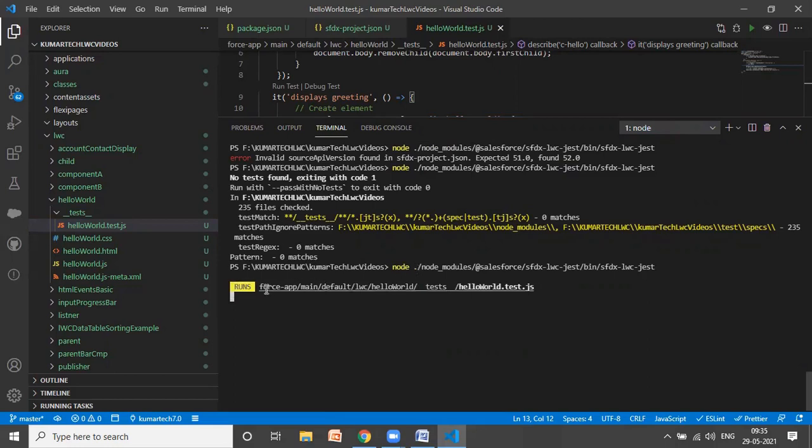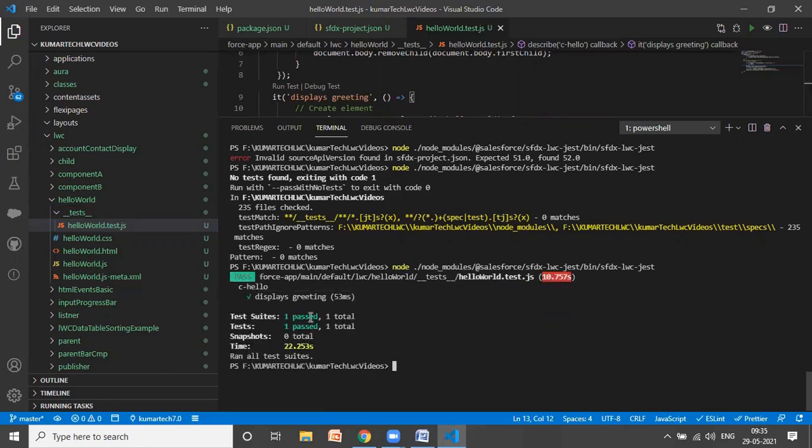It starts force app main lwc hello.js underscore test hello world.test.js. Okay guys, done. You can see one test passed. So now all the tests are done.